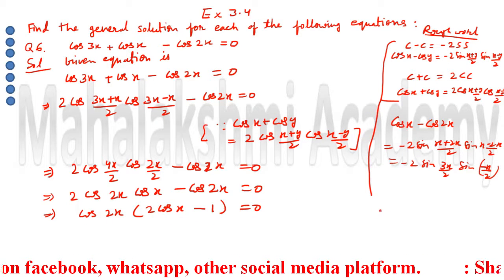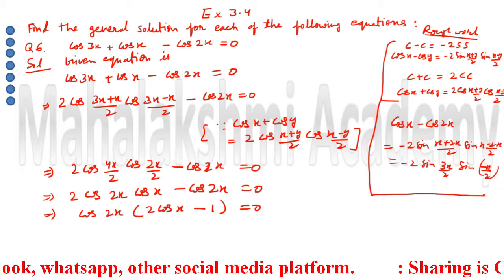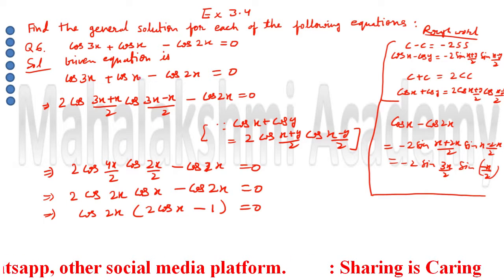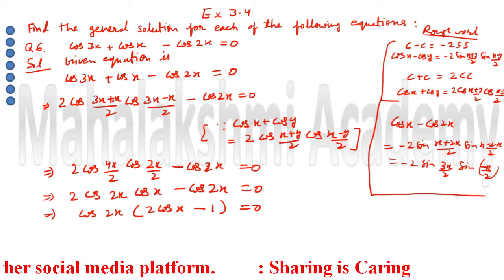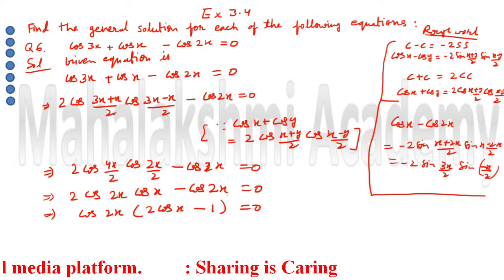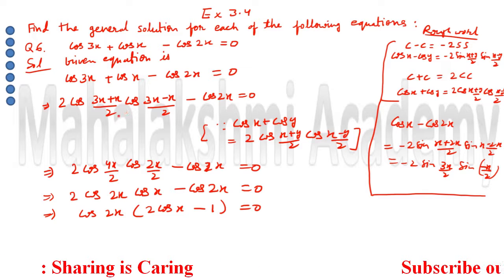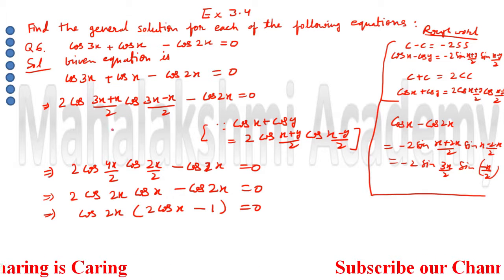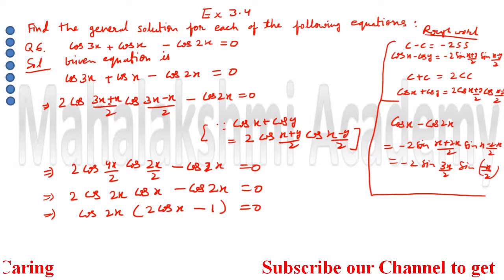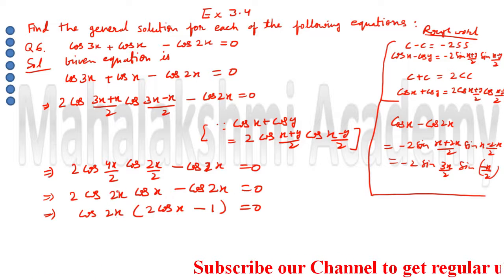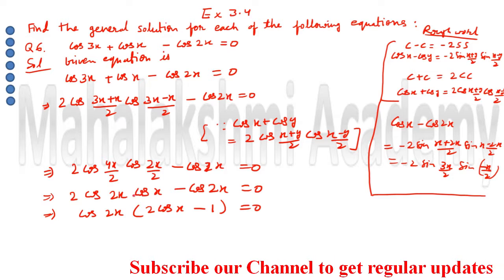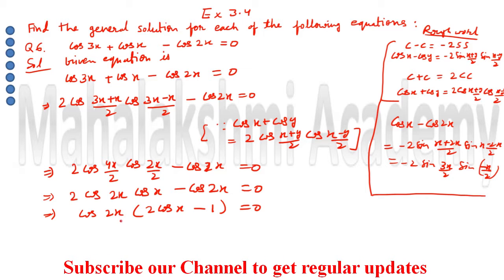So that's why the selection of trigonometric ratios matters. When many trigonometric ratios are available, any two you have to select, and that selection should be very proper. So in your mind, orally, just select in such a way. Two things you have to take care of. First thing, it should be divisible by 2, and second thing, after all the cancellation, whatever answer comes, you should be able to take the common. That is the main thing.